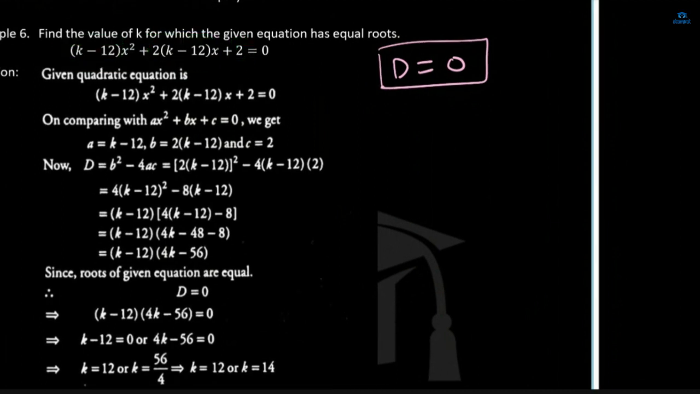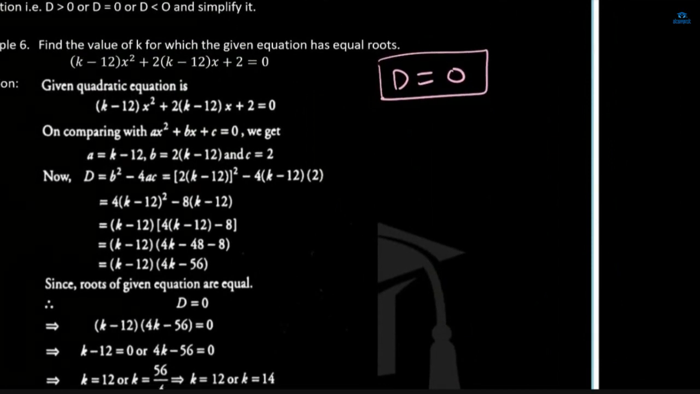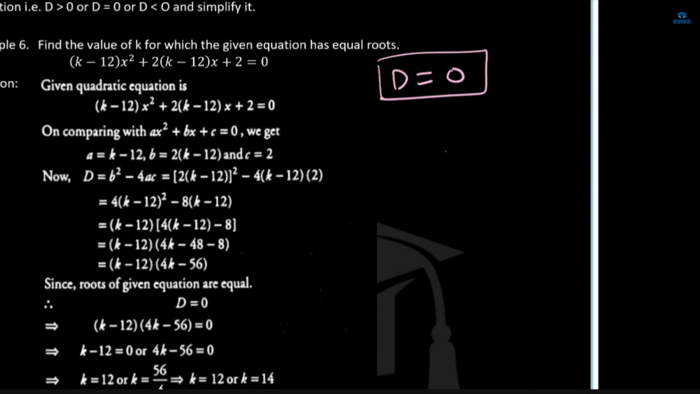Ma'am, can we keep the value of k minus 12 as a or another variable and then replace it at the end, or should we use k minus 12 from the beginning? Here you can place any value, but in case you are not getting k minus 12 in both of the places, then you have to take the same thing that is written here. Yes, ma'am. You can write it now: 2k minus 12 whole square minus 4 into k minus 12 into 2